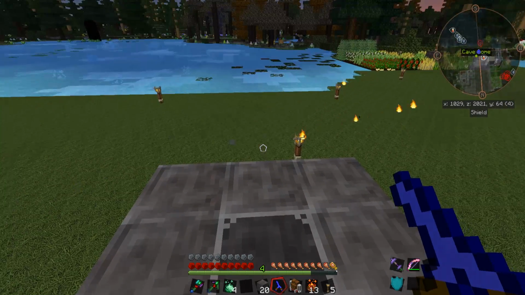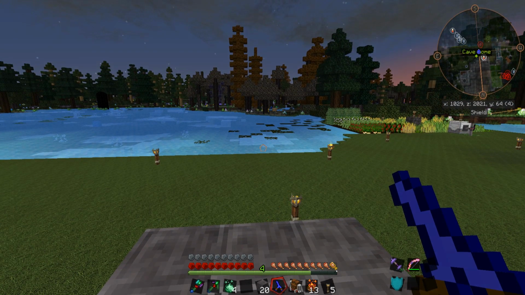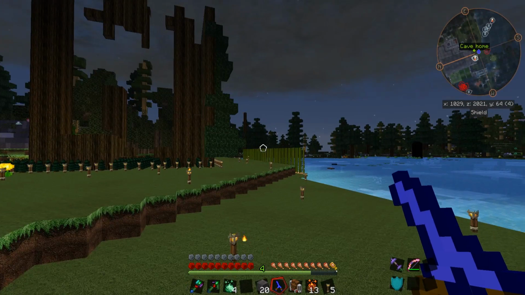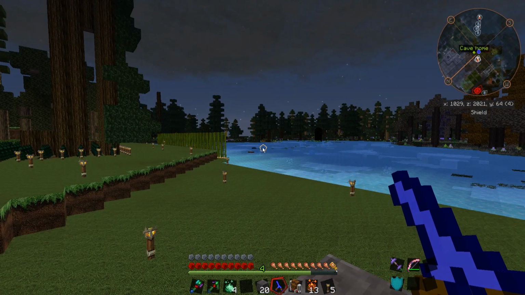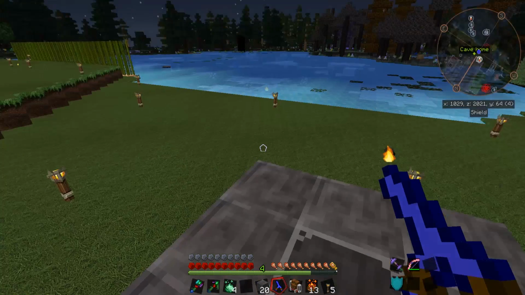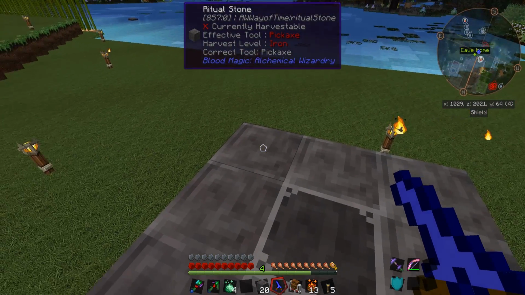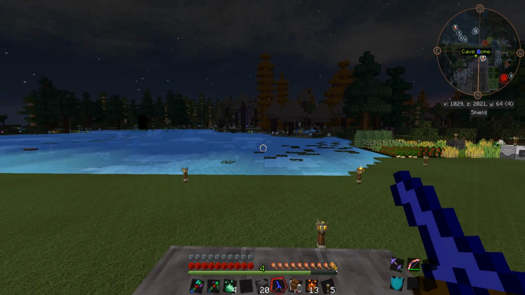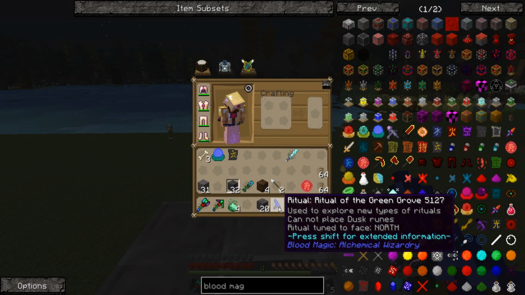Now you could of course look up the wikis and find out exactly which stone you want to use. It's basically chalk that we made, the red, green, blue, and, what was it? Red, green, blue, and kind of a teal color for air, lightning. You could go around and look at wikis and mark each one with the correct color. The nice thing about the ritual diviner